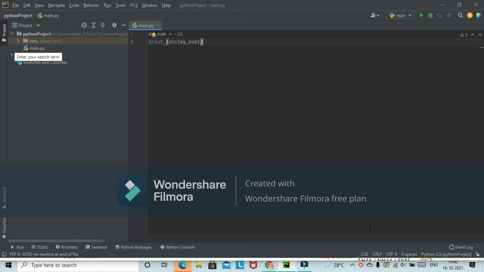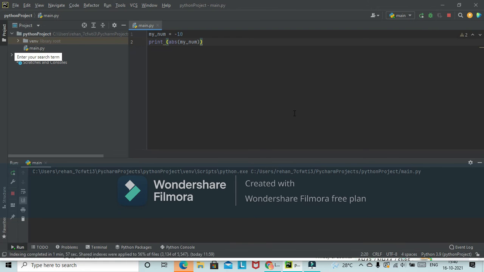Over here I'm going to make this variable -10, and basically I can just say abs, and make open and close parentheses over here, and this is going to give me the absolute value of this number up here. Let me just run this program and show you. And as you can see, it gives me the absolute value of -10.